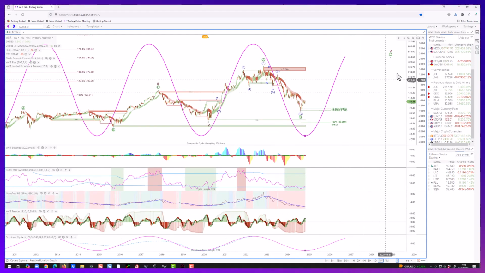Sorry, let me just go back to ALB for a moment and take you to the weekly chart. There's the weekly cycles, by the way, bottoming out right now, and you can see the move up that we're looking for in ALB, and it's huge. If the C wave comes in anywhere near the length of the A wave, it takes us up into the $400 area overall. That's not all going to be in one go, but if you also look at the technicals on the weekly, we've got a weekly CRSI buy. We're about to get a Mansfield buy on a weekly time frame.